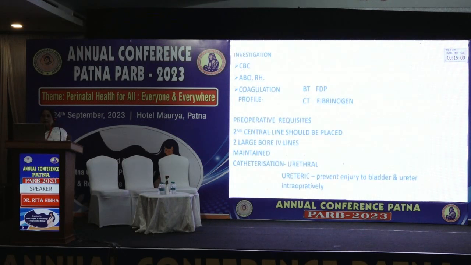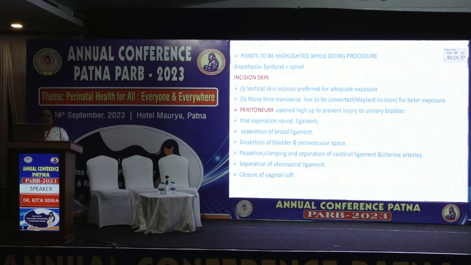Investigations as in other hysterectomy: CBC, ABO, Rh, coagulation profile. Preoperative requisites are: 2 central lines should be placed, 2 large bore IV needles should be used, and maintain urethral catheterization and ureteric catheterization to prevent injury to the bladder and ureter intraoperatively. Points to be highlighted: